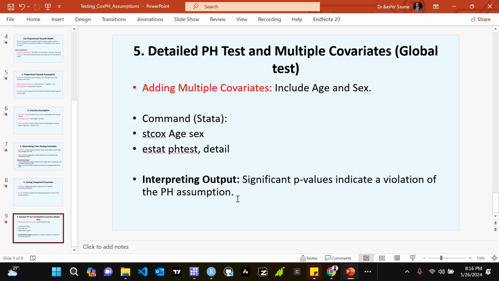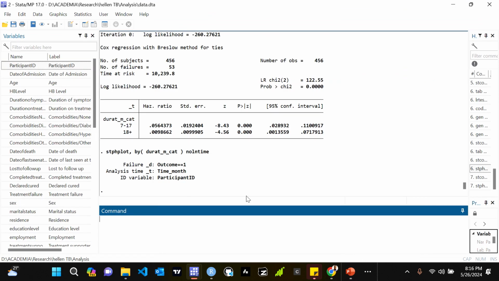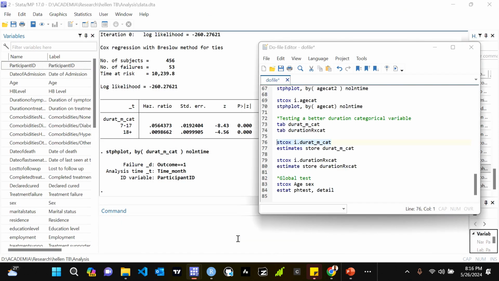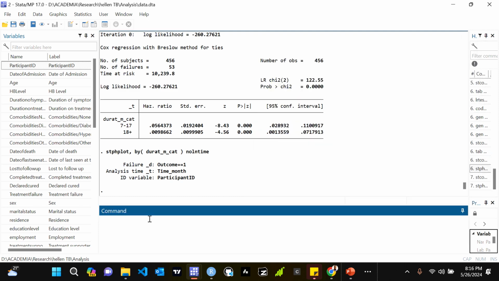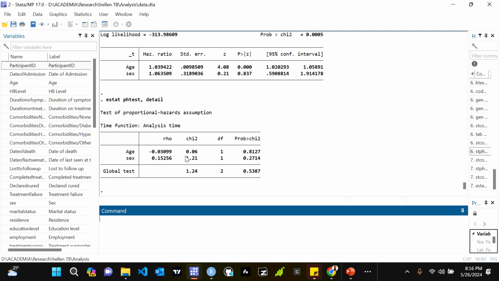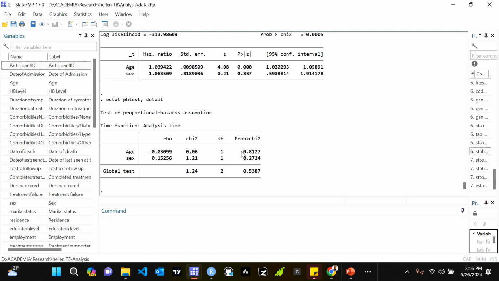Then you test the p-values, if they are significant or not. If they are significant, it means the assumption is violated. So we're going to include only two variables, just as an example. So you see that for sex, age, the assumption is not violated. Test for proportional